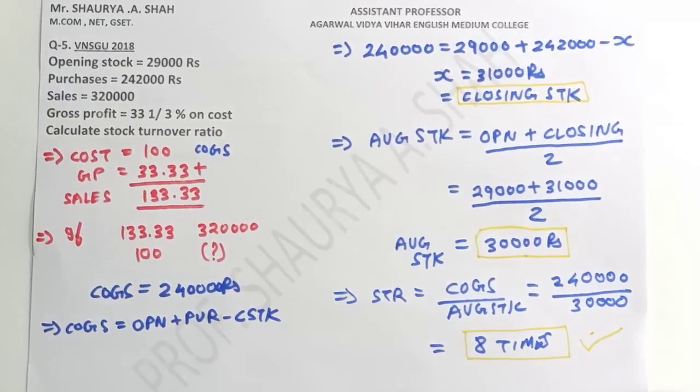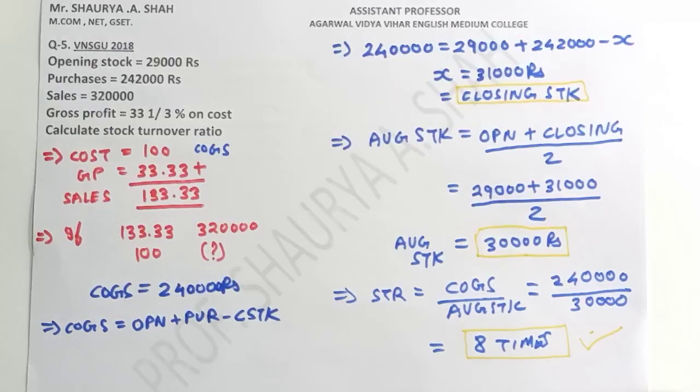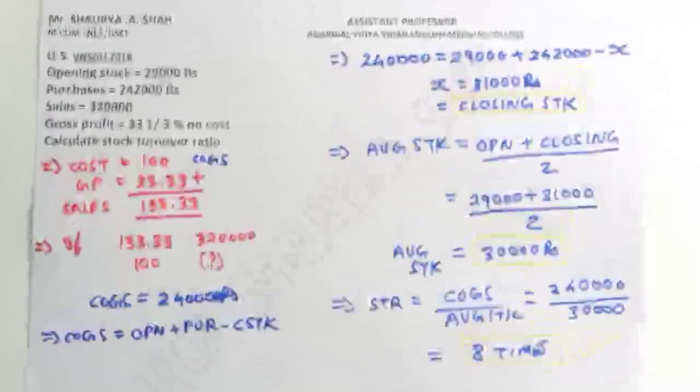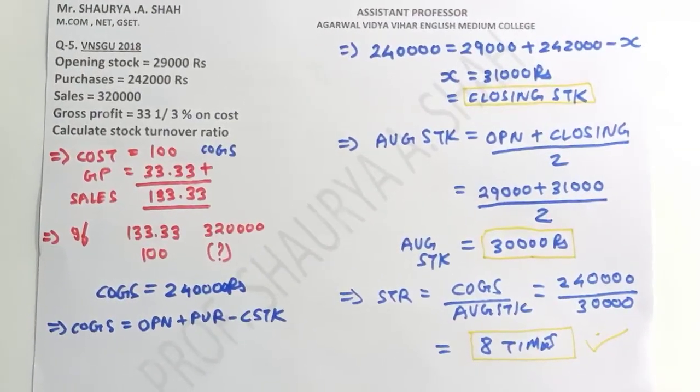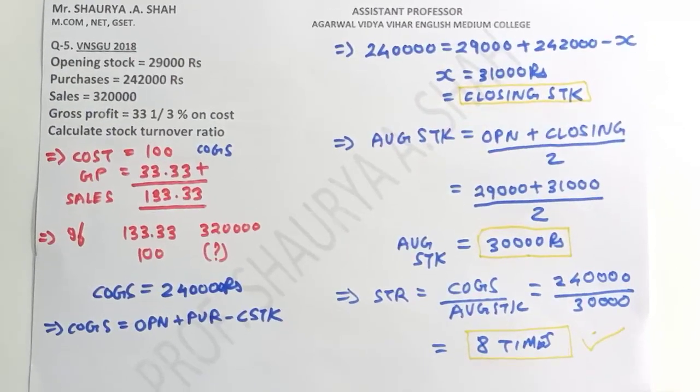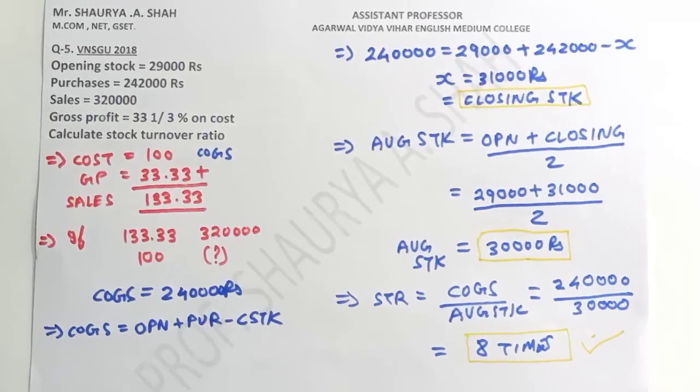Again, question number 6 I have given you, that is for your practice at your home, right? The final answer of that I will tell you so that you can calculate it, and next lecture I will show you the solution of that first. Question number 6, I have asked you 2 things. Net profit, the answer for that is 40%, and return on investment, the answer for that is 30%. So I have already given you the question, you can solve it, you can check whether you are getting the answer or not, and I will show you the solution in the next lecture.